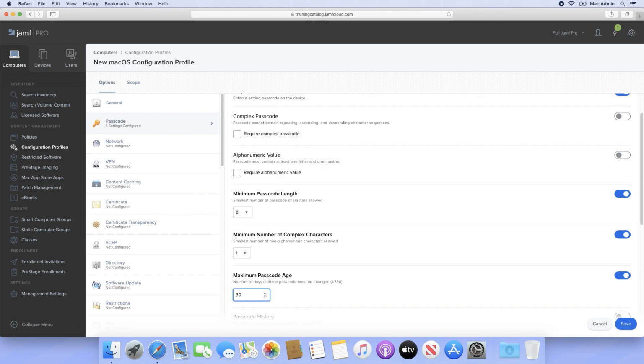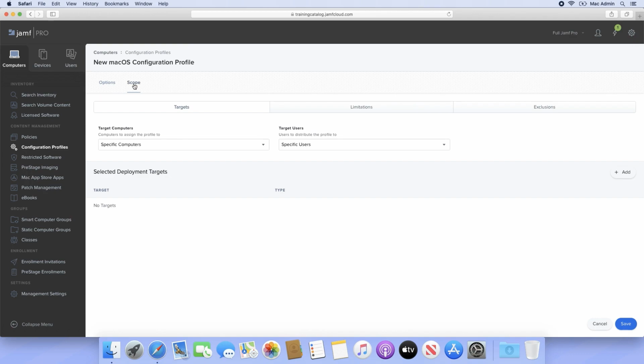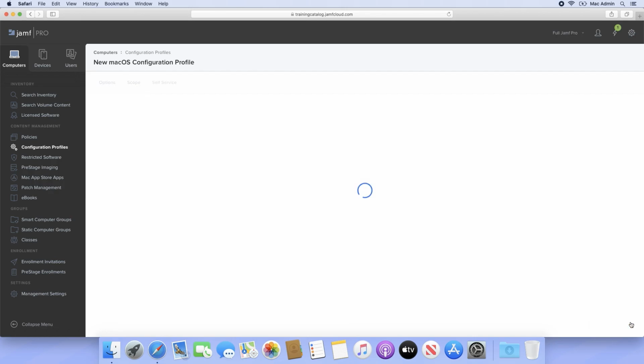Once the options are configured appropriately, select the Scope tab. If you're unfamiliar with Scope, I'd recommend checking out our video titled Computer Scope. Because it's important all computers are secured, I'm going to use the Target Computers menu and flip this from Specific Computers to All Computers. Click Save and the profile will install on computers using the Apple Push Notification Service and